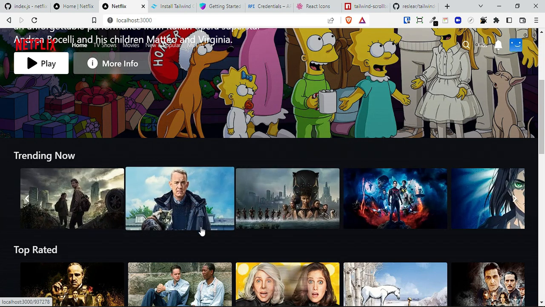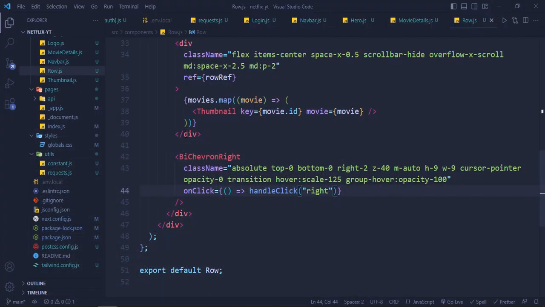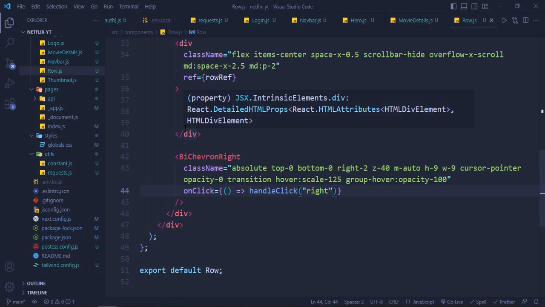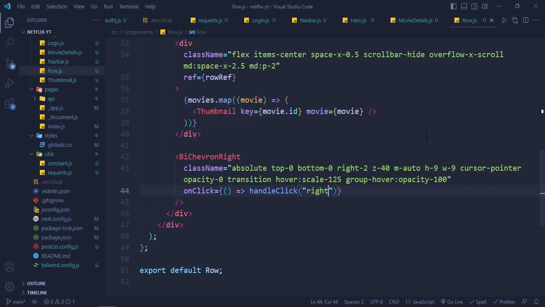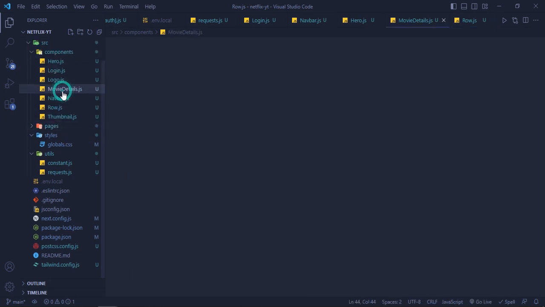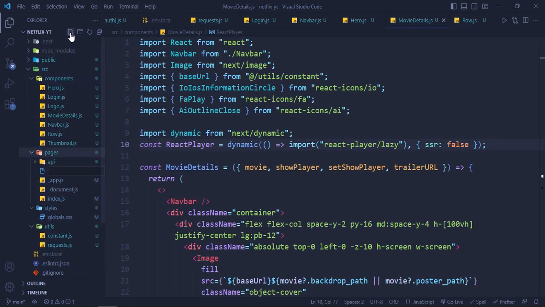Now what functionality we want is that whenever someone clicks on a movie, they should be redirected to a page especially for that movie. So to do that, we are going to make a dynamic page, and we will just pass the movie ID to that page, and then we can just render the result of that very ID. So what we are going to do is make a page with brackets and then id